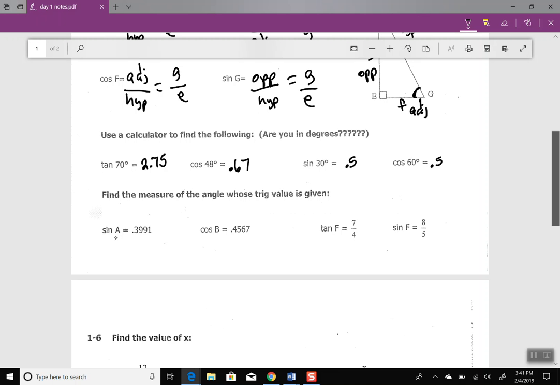So I'm going to use the special function called the inverse function. Now it looks like sine to the -1, but that's actually a special symbol for these trigonometric functions. It's called the inverse, so this is the inverse of sine. I'm going to take the inverse on both sides, and when I do the inverse, that cancels those out, leaving me with just angle A equal to the inverse sine of